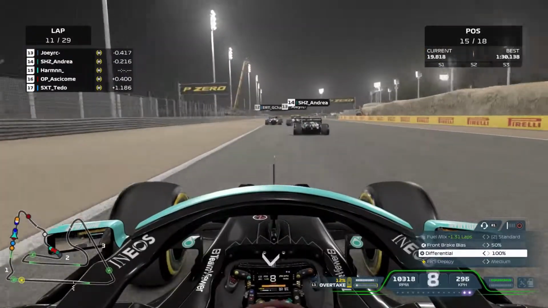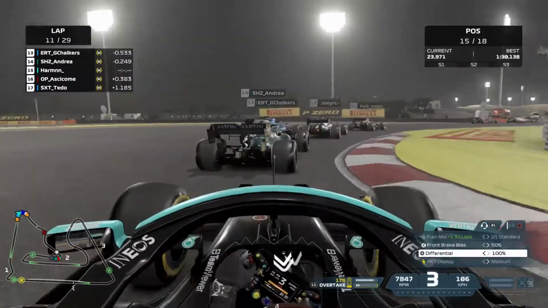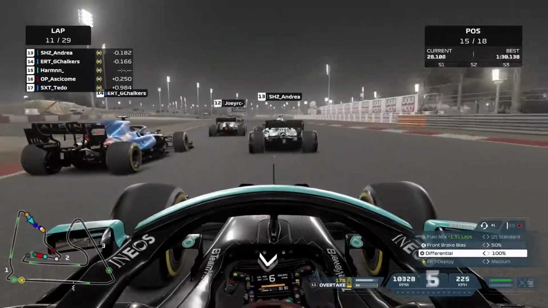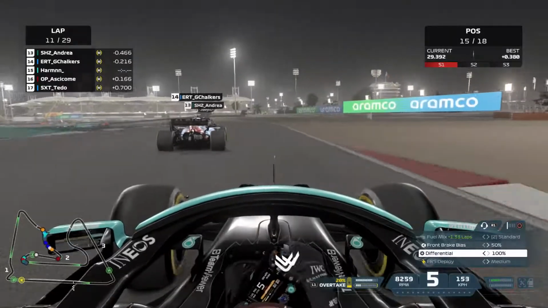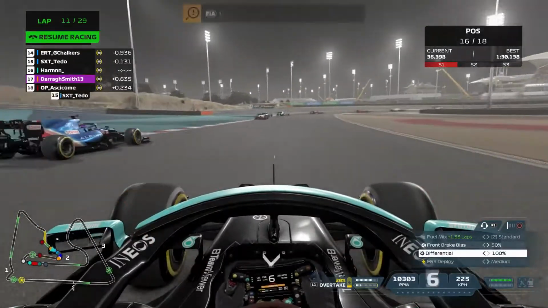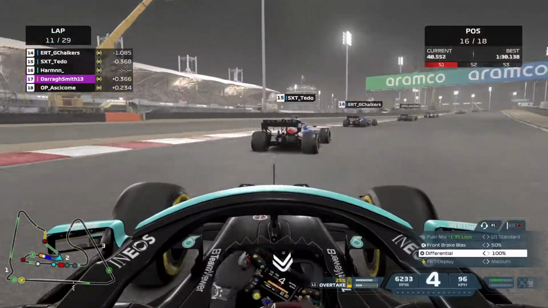So you can see these guys scrapping away, and Chalkers now gets involved, and he's actually on old mediums, so he started this race on mediums, and obviously everyone wants to get past as soon as they can. So I'm looking for a gap, and then slightly hit the curb there. I take out Azikon of this race, and I lose the position to Tato,